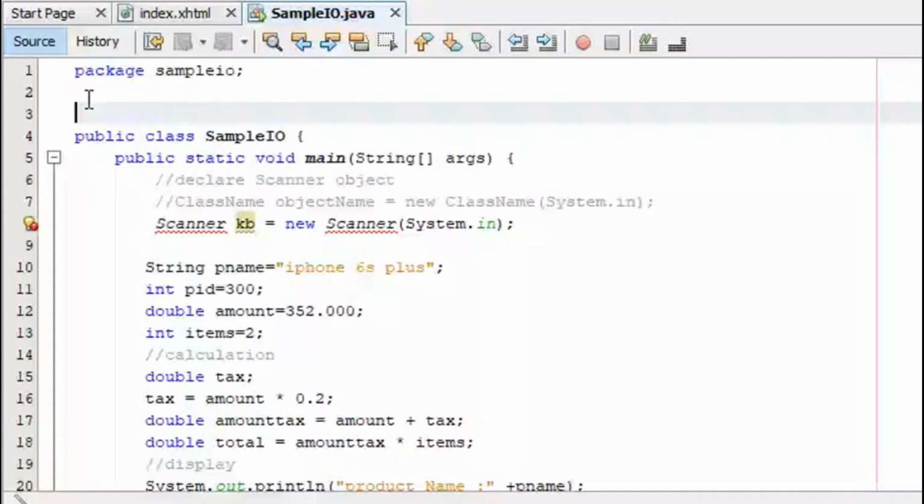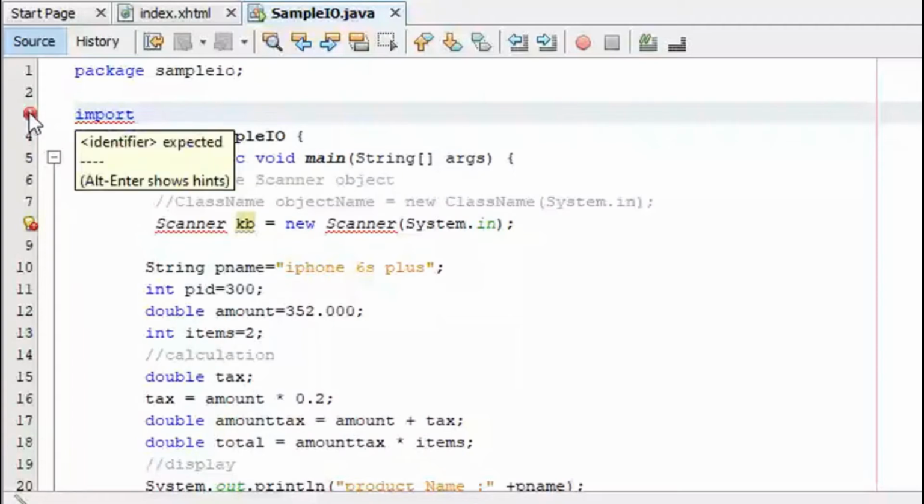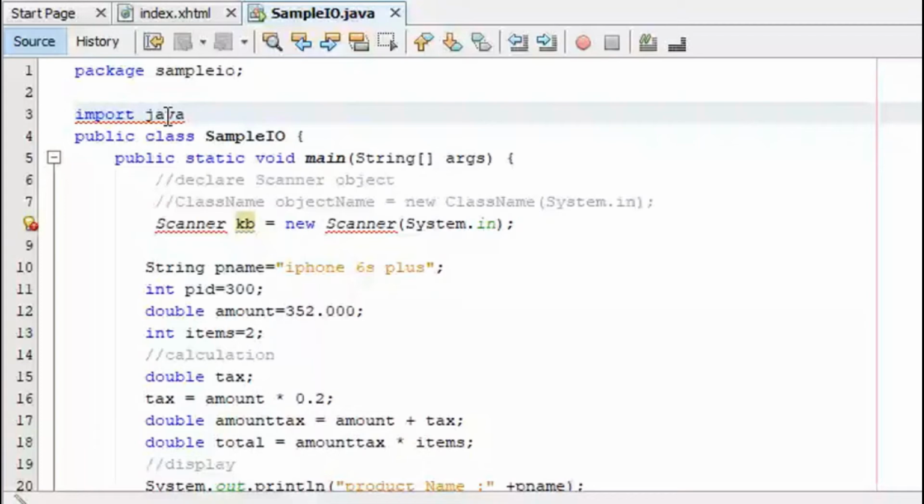If in C++ you are putting the line using namespace std, here you will need to import something. We will be needing the Java utility file. Here we are going to use the utility file.